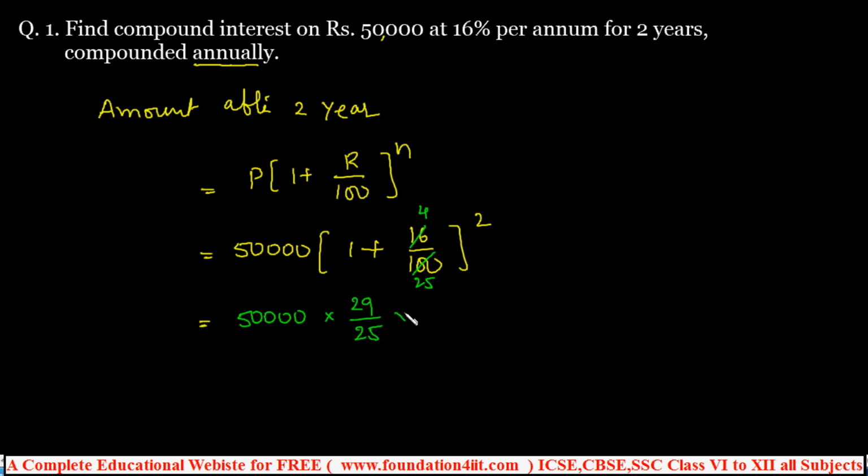And to the power 2, no? So 29 by 25 whole squared. Then we can cancel directly. Most of the problems will give cancellation. 25 table: 25 twos are 50, again 3 more zeros, so 2000. Again 25 table, cancel this: first to 200, so 25 eights are 200. 80 into 29 into 29. If we calculate that, 67,280. This is done. So this is the amount, but we need the compound interest according to the question.